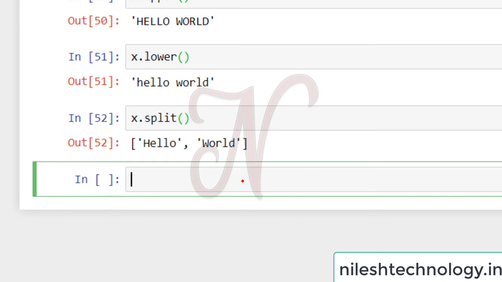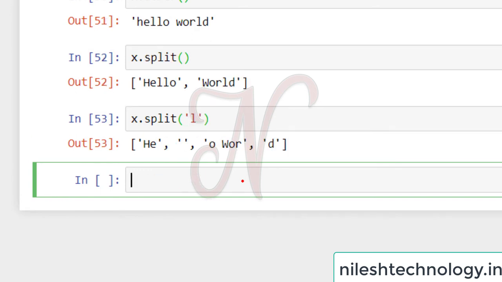But if you want to split this string by another character, see here x.split, and here I can pass one more character, L. Then my answer is HE, then empty, then O WOR, then D. It removes all the Ls and gets everything up to the next L, because it is splitting on them, and whitespace is included.